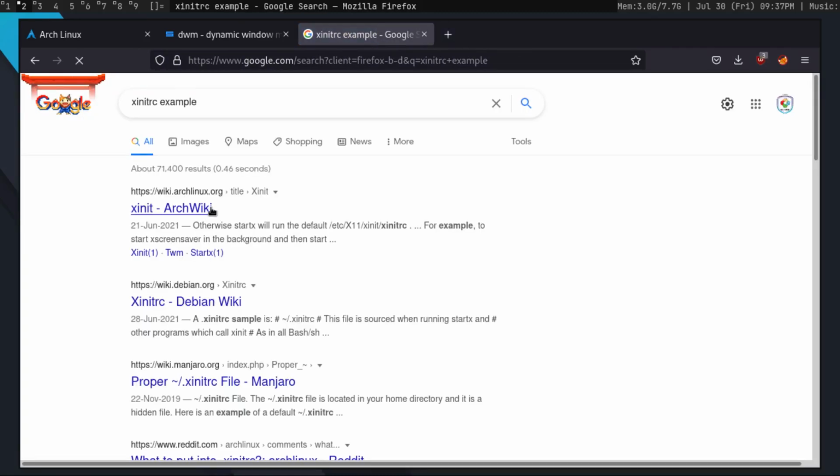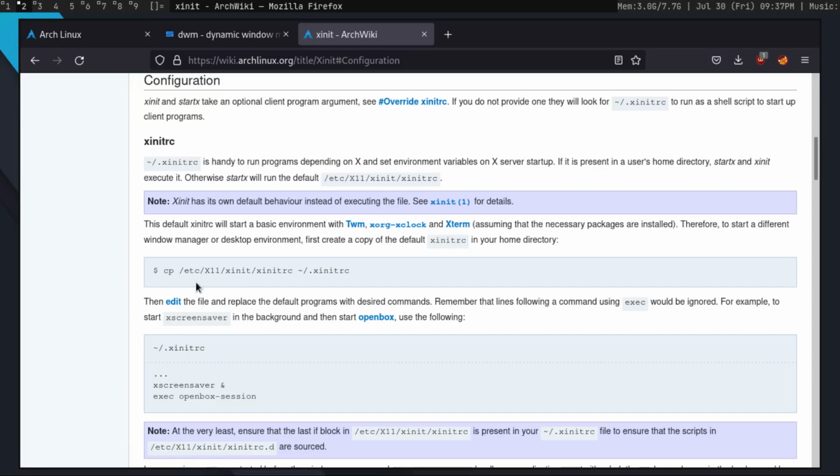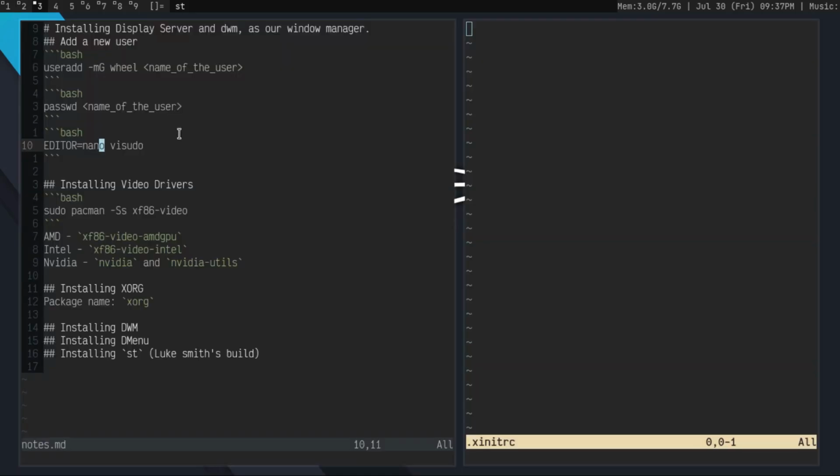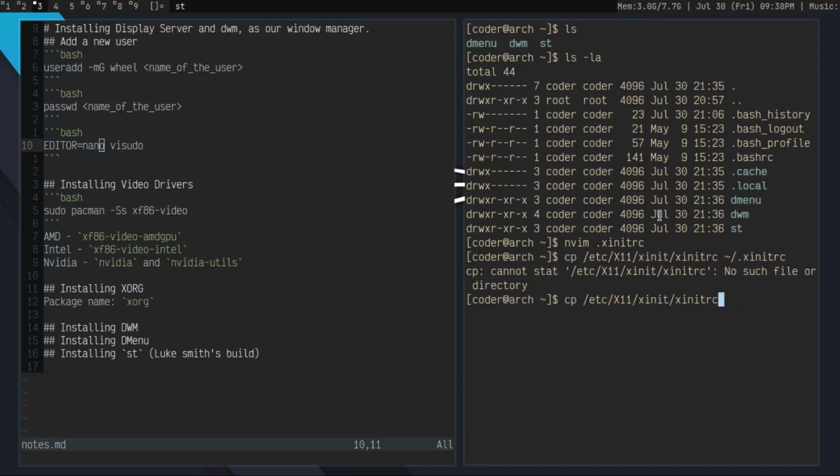If I can get an example for this. Okay, so the file is here. So I'll just copy this thing. Copy. And then paste. Hit enter. Wait. Is it already installed?